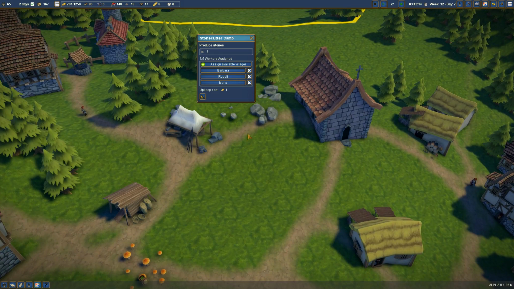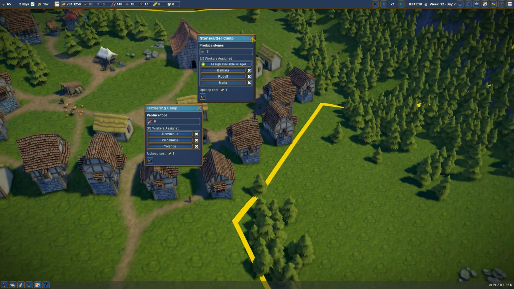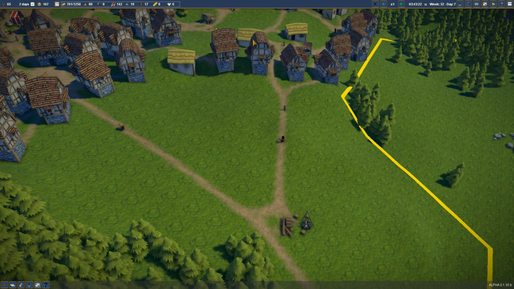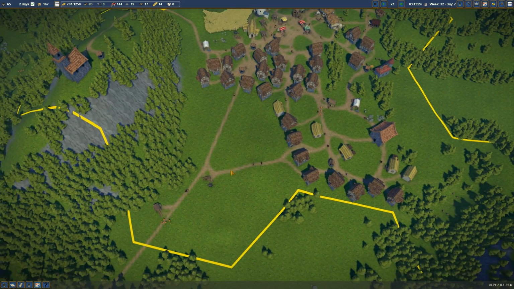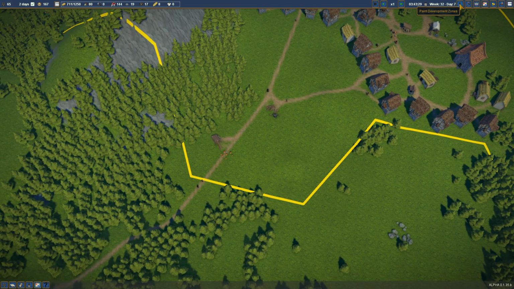Alright, stonecutter camp. I could just ditch this over time. Same thing with the berry camps. I think we're gonna run into a housing problem soon, because we are not building any new homes. Interestingly enough, we have a little roundabout way over here. These woodcutters are cutting everything left and right. If we look at our